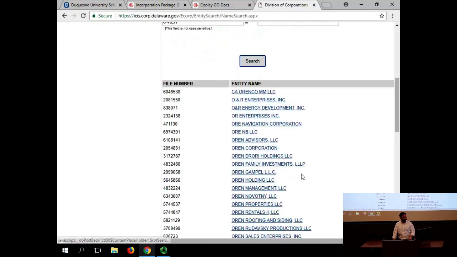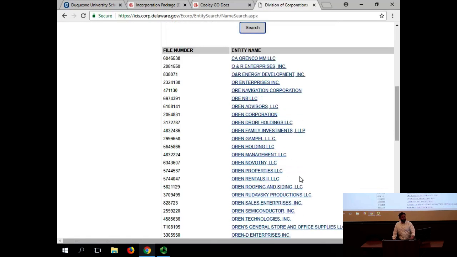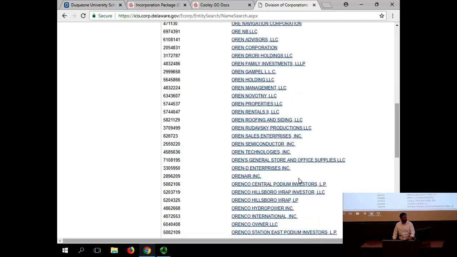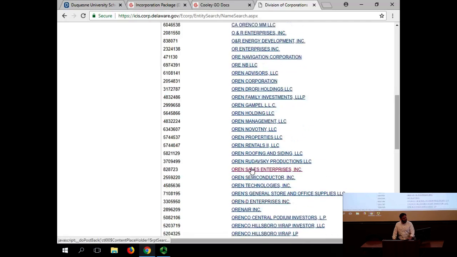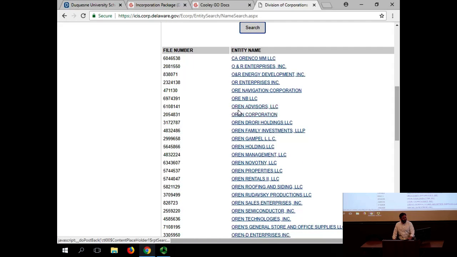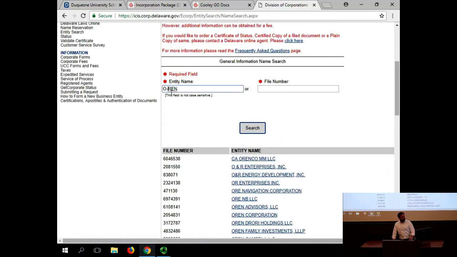Okay. Well, there's a number of O-R-E-N type companies. So there's some risk of confusion here. This is not a course on trademark law, but you may know if you've taken trademark law that you want to have something sort of unique or not confusing. Now, I don't see anything that is Oren Corp or O-R-E-N, so I think we're probably clear. But do note that there's all these other Orens without the dash, and so, the other issue with using any type of